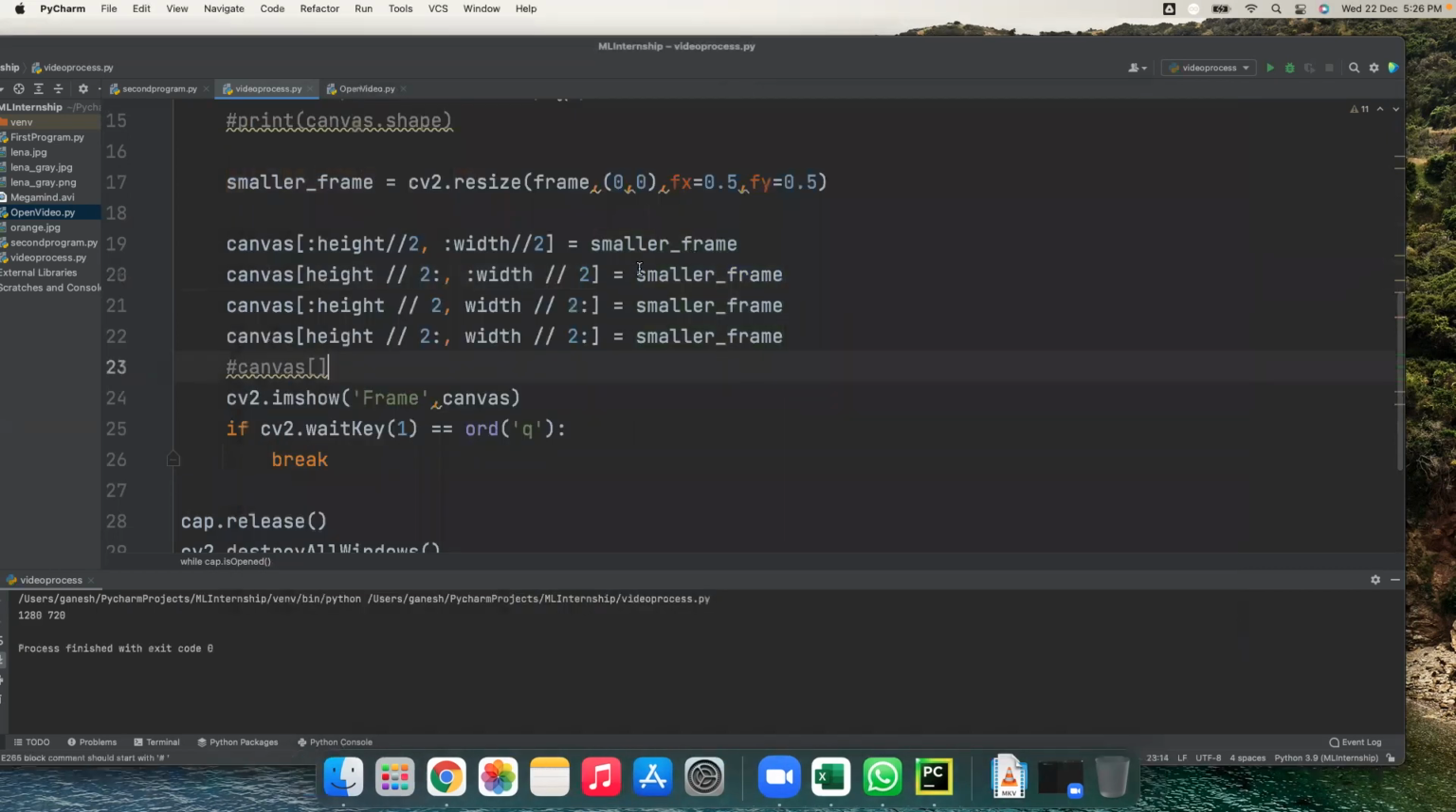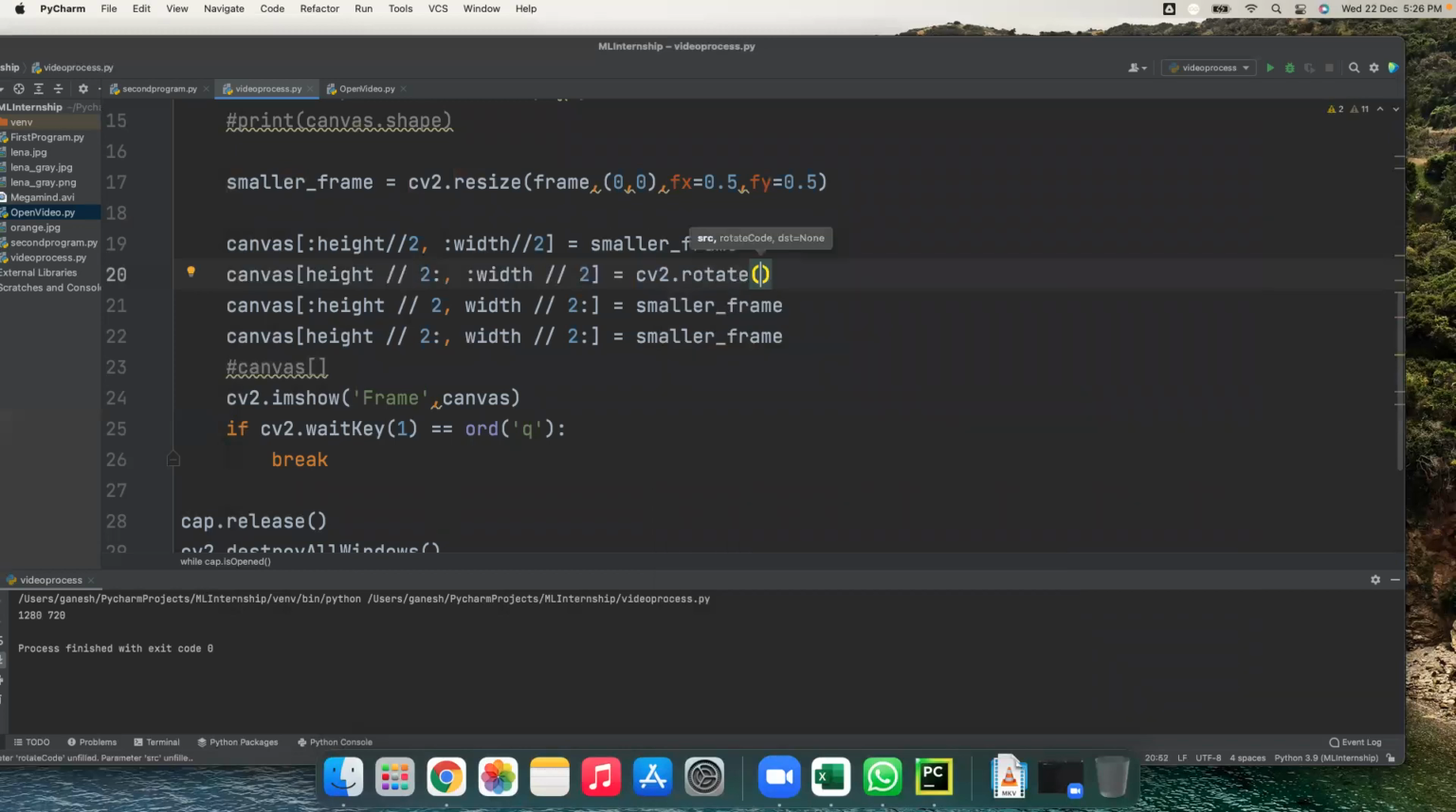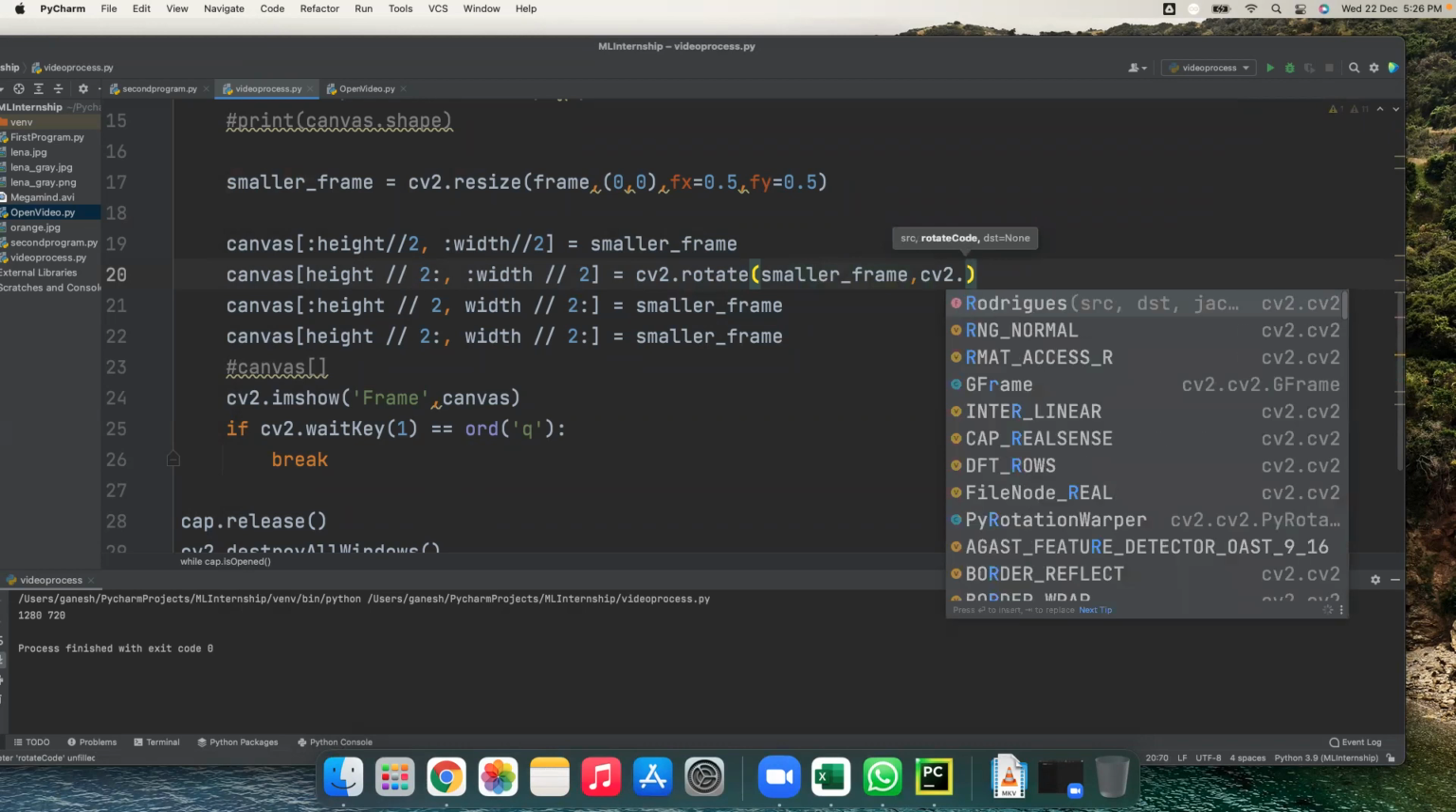Okay. Now I want to rotate one of it. So how to rotate? There is a function called cv2.rotate. Yes, rotate, and which frame I want to rotate. So the smaller frame, and what is the rotate code? cv2.rotate